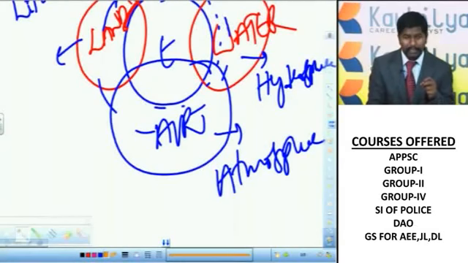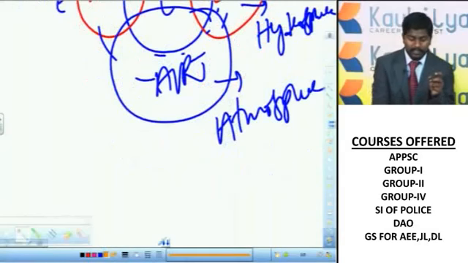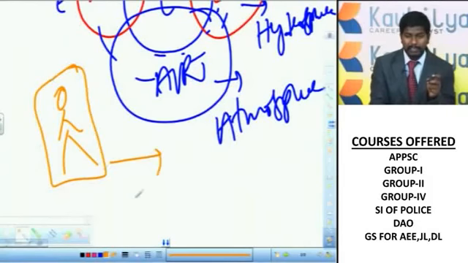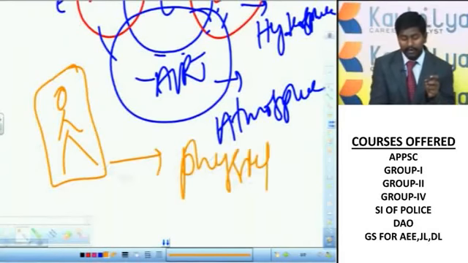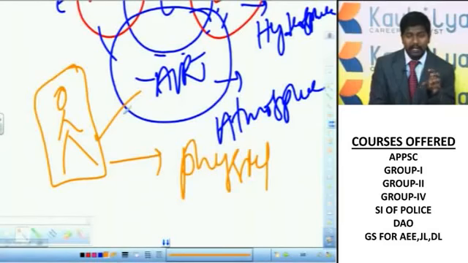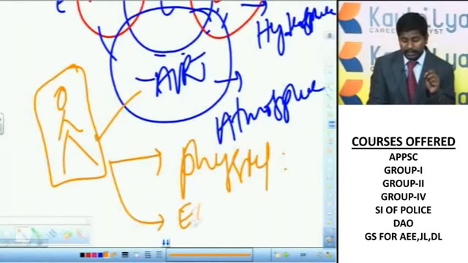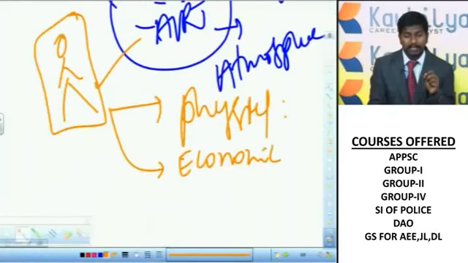The geography subject, in one word, you can say: Earth is the abode of human beings. How does this Earth planet provide the physical conditions for the survival of these human beings? Not only human beings, along with them there are a variety of organisms. But basically, our subject is human-centric. So how does this Earth provide physical conditions for the existence of human beings, how does it provide economic conditions, how does it give us mineral resources, where are these mineral resources, and how does it facilitate agricultural activity and industrial activity, and all these things.